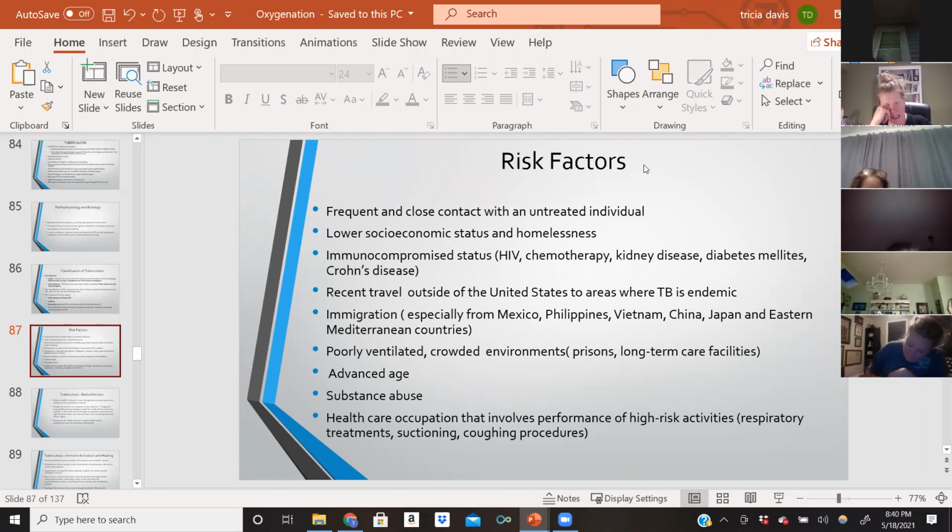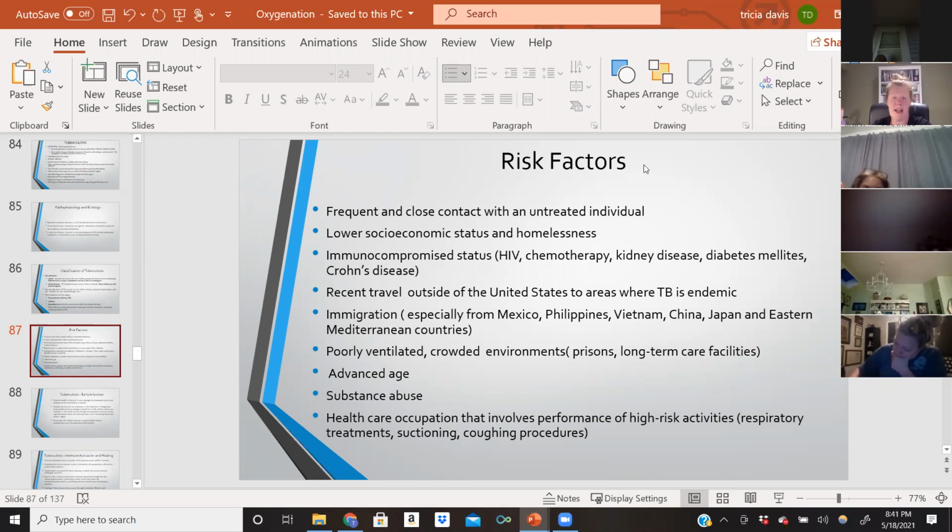Low socioeconomic status and homelessness. If you are immunocompromised, if you have HIV, if you're taking chemotherapy, if you have kidney disease or you've had any kind of organ transplant and you're on anti-rejection medicine, patients that have diabetes, patients that have Crohn's disease, if a patient has been outside of the United States to areas where TB is an epidemic, immigration, especially when people come from Mexico, the Philippines, Vietnam, China, Japan, and the Eastern Mediterranean countries, we see outbreaks